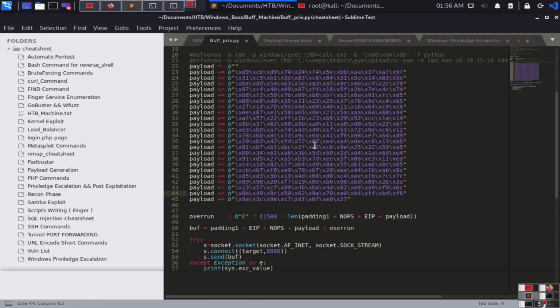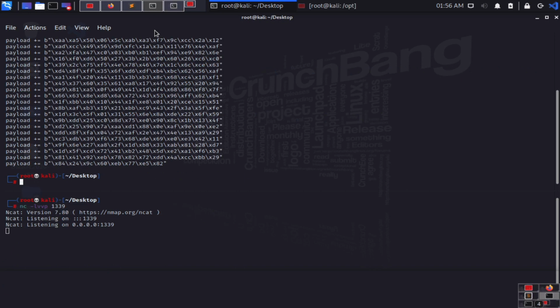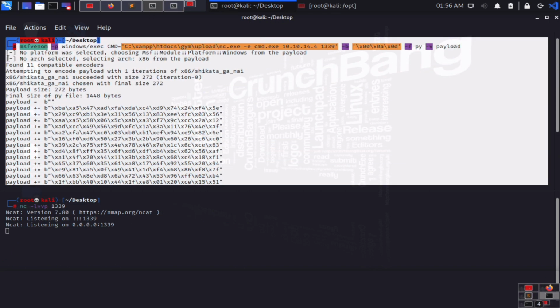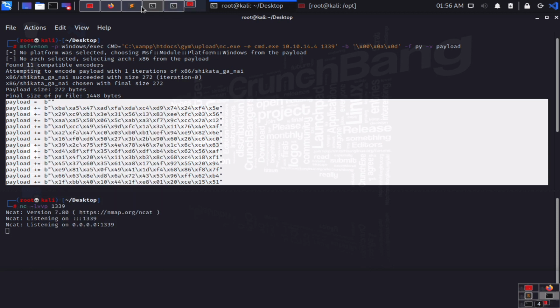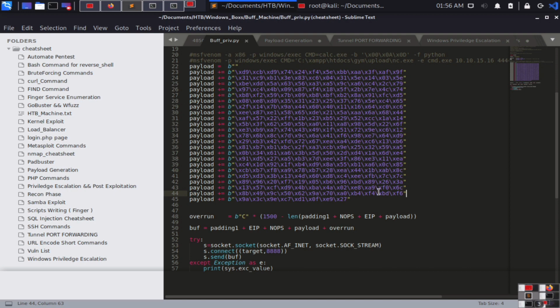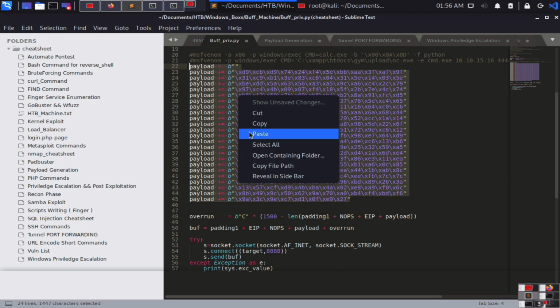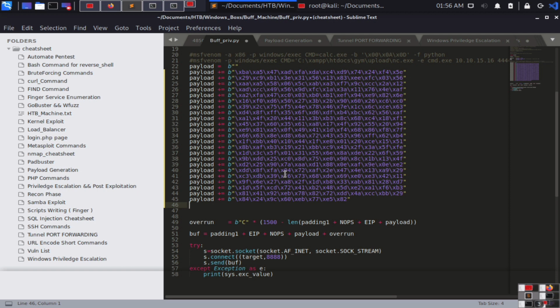We have already done the same thing using the Chatterbox machine. If you remember Chatterbox from Hack The Box, we have done just like that. Let's go and check what is happening there. I think it is done. Simply copy from here, go to the top, copy till here and then paste it here. Use a proper editor, it will be very easy for you to copy and paste this. Right click, paste. Once you paste here, now you are done.